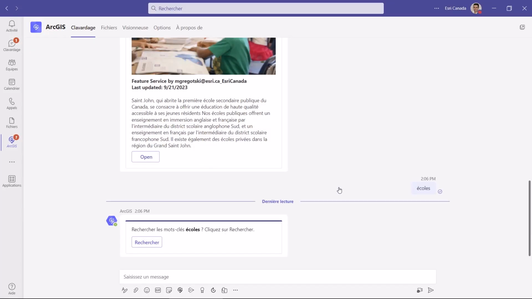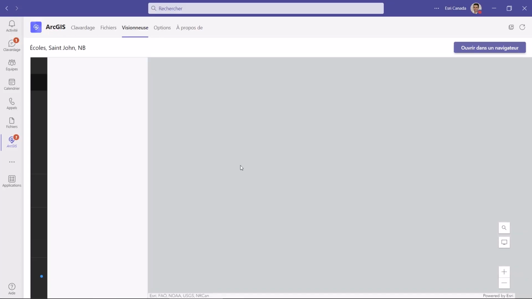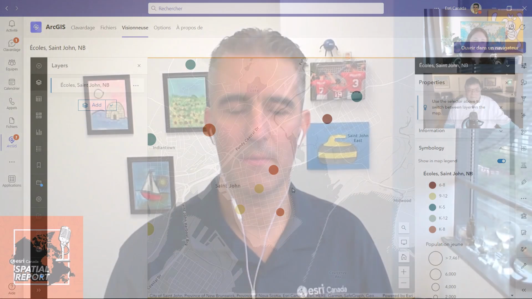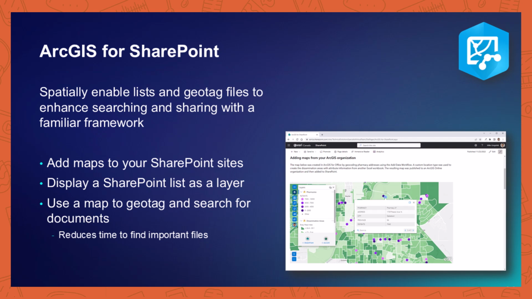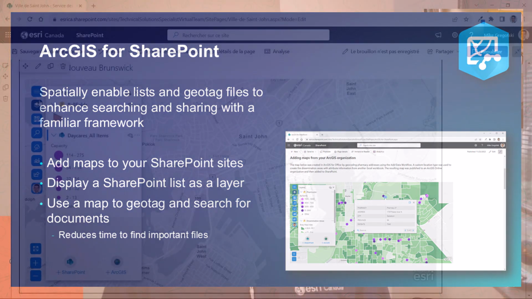It's all done right where that collaborative work is happening. And if we look at one of the other products, take a look at SharePoint, for instance, at its whole, SharePoint is really a collaboration tool. We put information on site pages for others in an organization to have access to. So with ArcGIS for SharePoint, we can take any of these maps we've created that are available in our organization,